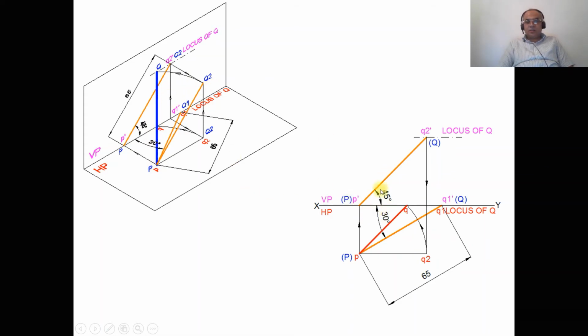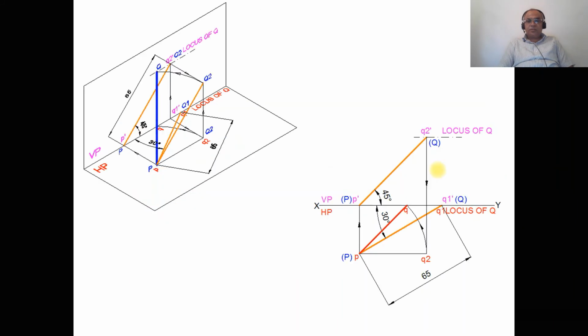So how can I show this in orthographic view? We can see that since this is the true length in the vertical plane, obviously the line has to be parallel. P is in front of VP and also Q2 is in front of VP by the same distance. Now we can see PQ2 is the line which is parallel to XY in the top view, obviously, but actually Q2 should not be in front of VP by this distance, but Q2 should be on the vertical plane. With P as center, PQ2 as the radius, draw an arc so that it will cut the locus of Q in the top view on the XY line, and you mark P and Q and join P and Q with a dotted line. So this is how you will be able to analyze in 3D as well as stepwise.